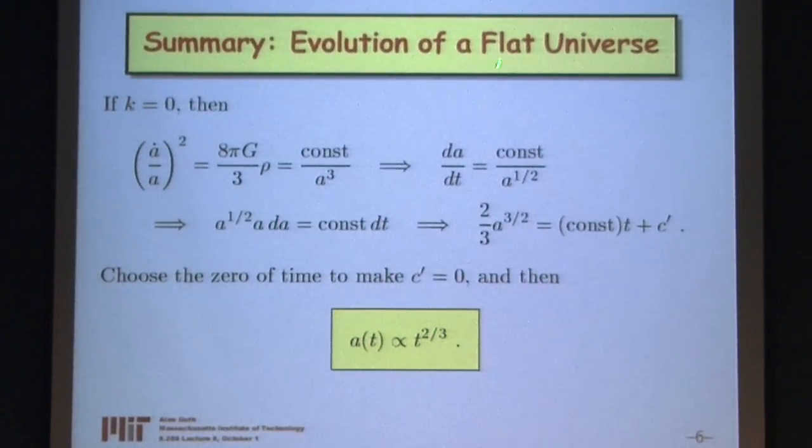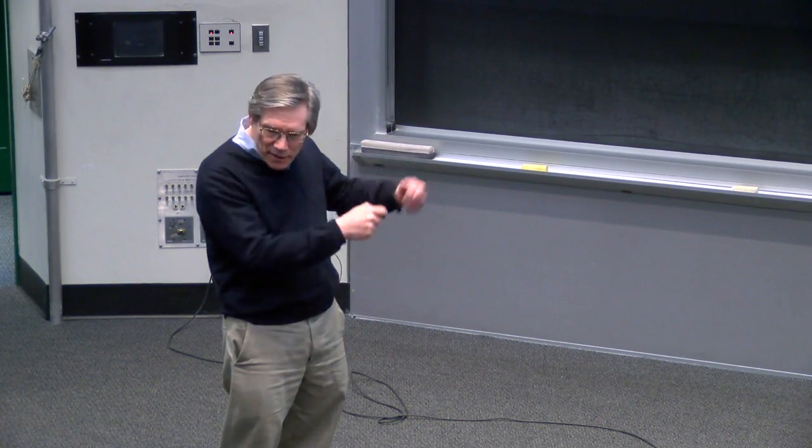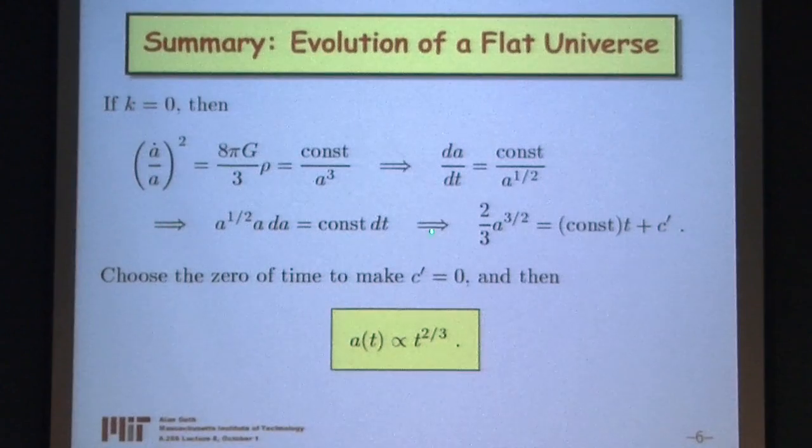And by just rearranging things, we can rewrite that as dA over dt is equal to some constant over a to the 1/2. In this slide, I use the symbol const a number of times. Those constants are not all equal to each other, but they're all constants, which you could keep track of if you wanted to. But there's no need to keep track of them because they, in fact, have no bearing on the answer anyway. So I just call these constants const. So we get dA over dt equals const over a to the 1/2, which is an easy differential equation to